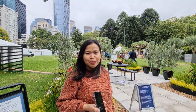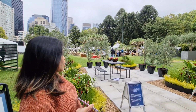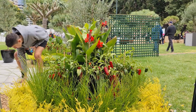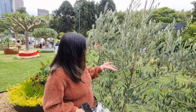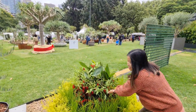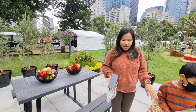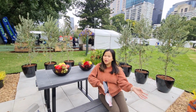So the next garden that we will be showing you is the Closed Loop Sustainability Garden. Closed loop meaning it is being enclosed by plants, right? And the good thing about this garden is that everything is edible. We have olives here, so fancy. And aside from that, we have chili. They are so big, but they look beautiful. They look like a flower because it's red, right? So pretty. And for the floor, they have used lightweight concrete, right? And then you can have a picnic table, and it's